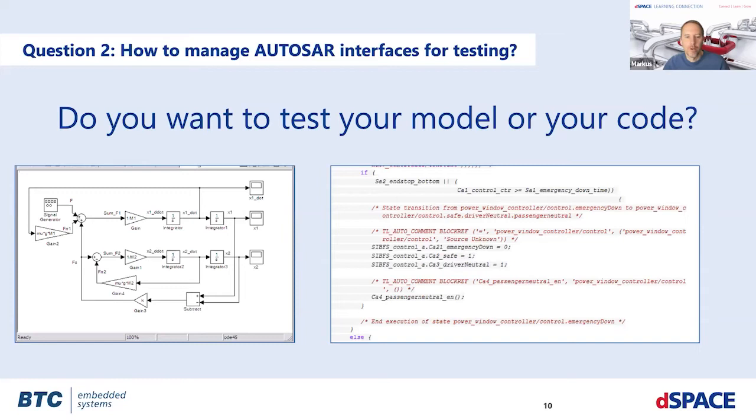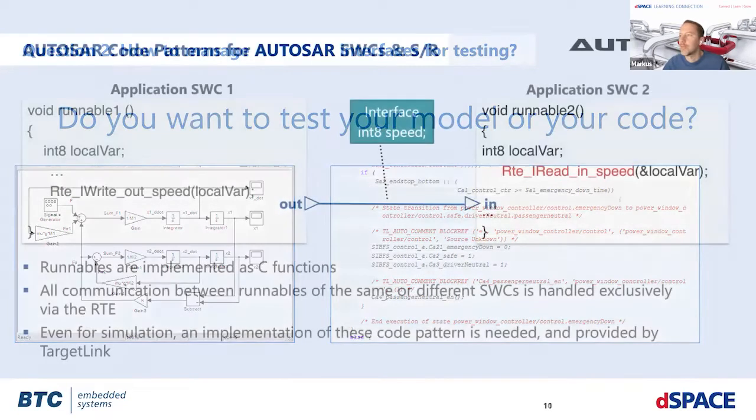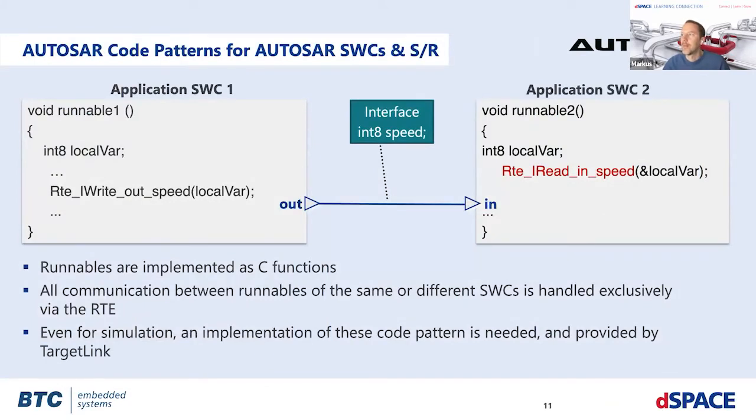To discuss a little bit more how we should talk to these AUTOSAR elements, let's discuss a little bit how they look. Yeah, because we were discussing how to talk to the interfaces and how to identify them. For that, I think it makes sense to get a feeling for the problems, because looking at this example of AUTOSAR sender-receiver communication, which is a fairly simple kind of communication in AUTOSAR, you see in the generated code, like in the application of component 1 on the left-hand side,